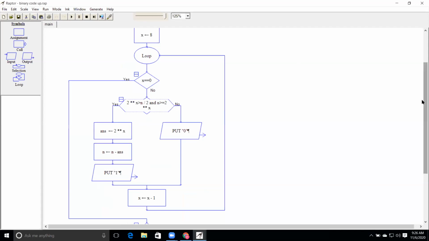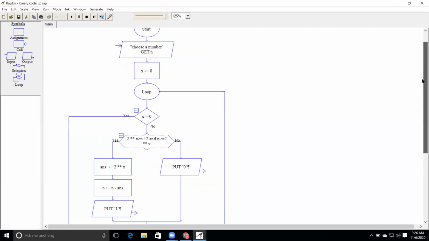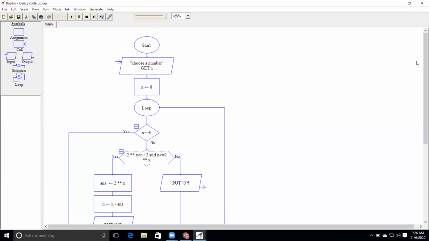You can get ink if possible. On top there is ink, right? You can write something if you have a pen. If you have a digital pen, you can write it down, or otherwise no problem. I don't have one, sir. Okay, right. You can explain orally if possible.